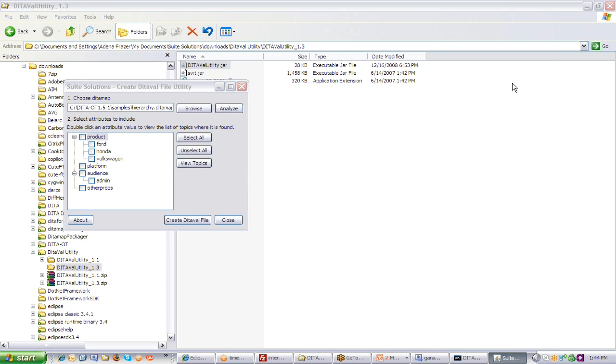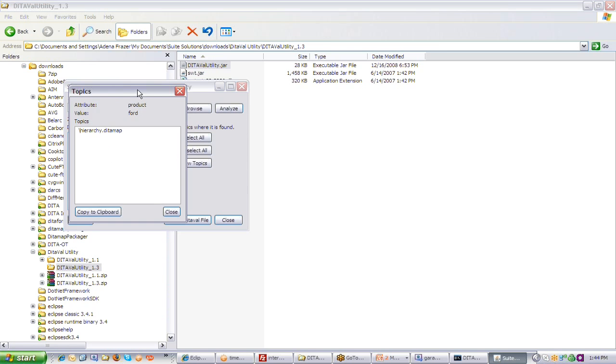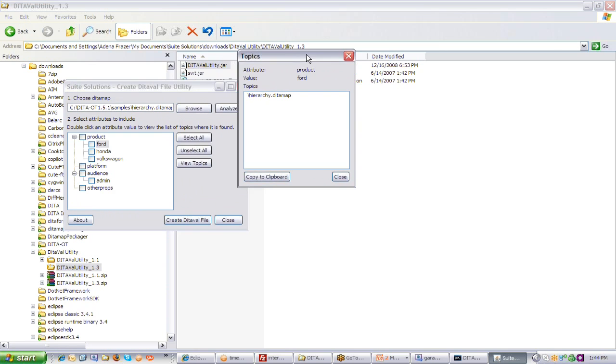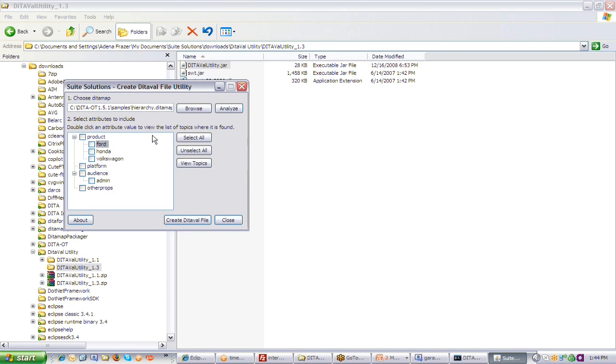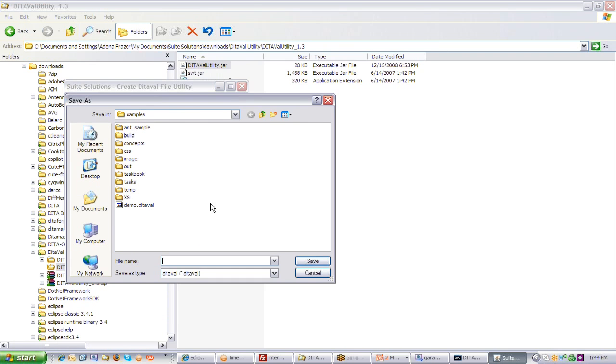Okay, so by clicking on the plus signs, you can see what conditional values are there. And by clicking on the conditional values, you can see in which file that value is located, which is very, very nice. And then the other thing you can do is you can pick the things you want to include instead of excluding. So you could say, okay, I'm giving a document about Ford and Honda, and it's for administrators. And then instead of saying, I don't want Volkswagen, which is less intuitive, then you can write create DITAVAL file, and you could do